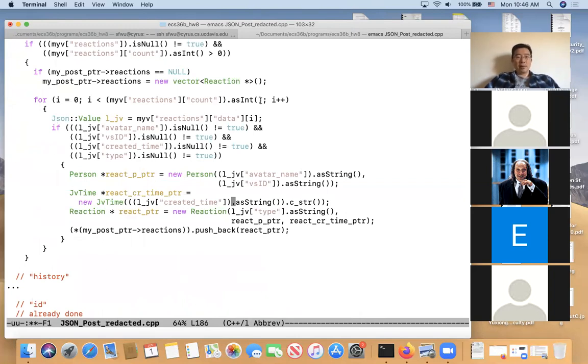Then you do this line, L underscore JV is equal to my V reactions data I, and then you do the following process. You create a person object, you create the time, you create a reaction, and at the end you just push these things back to the vector, and you're done. Because you see the last line I'm still highlighting here, you basically put the content into my post pointer,